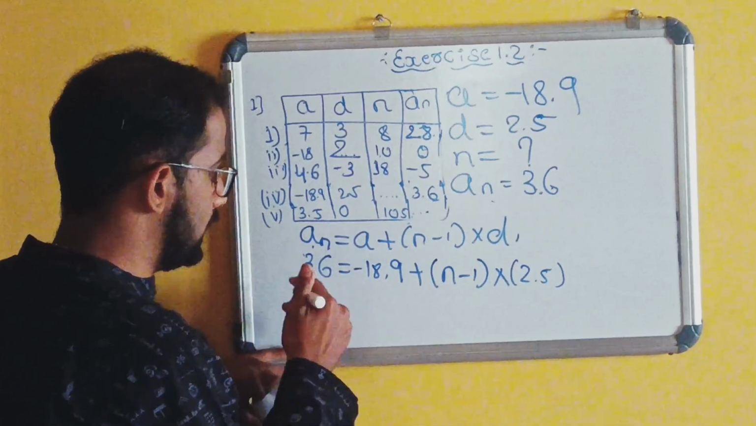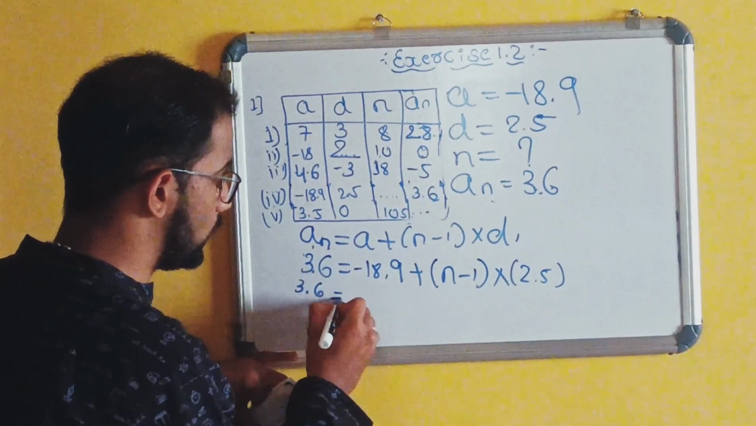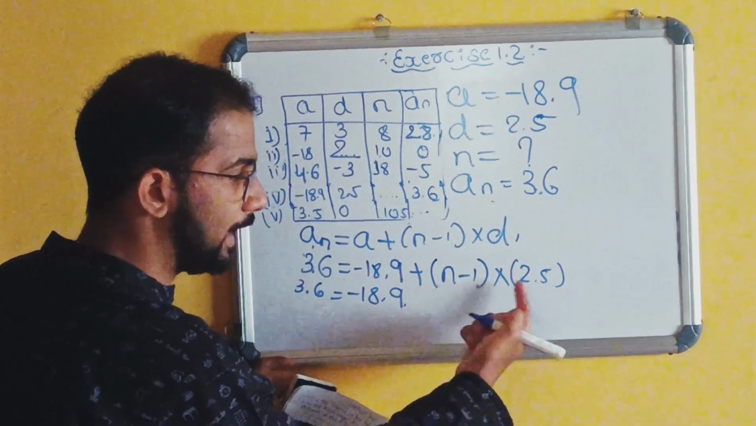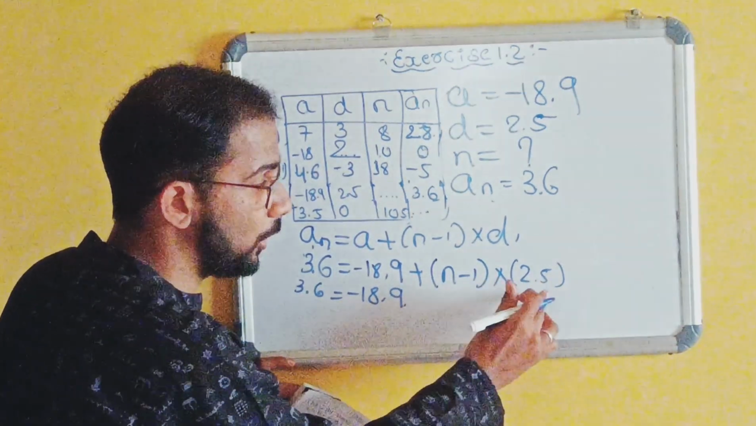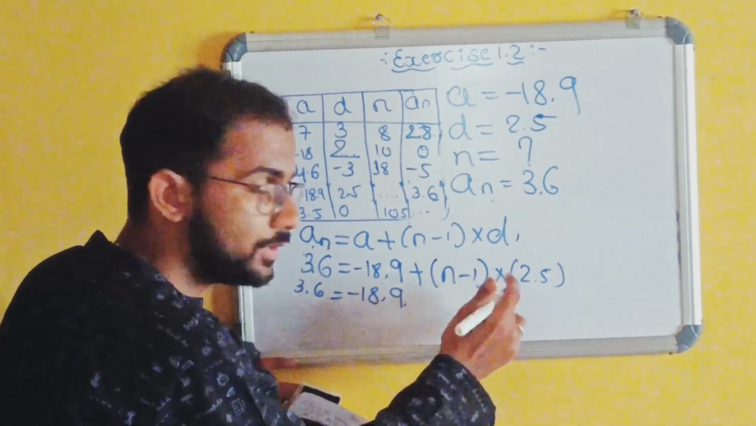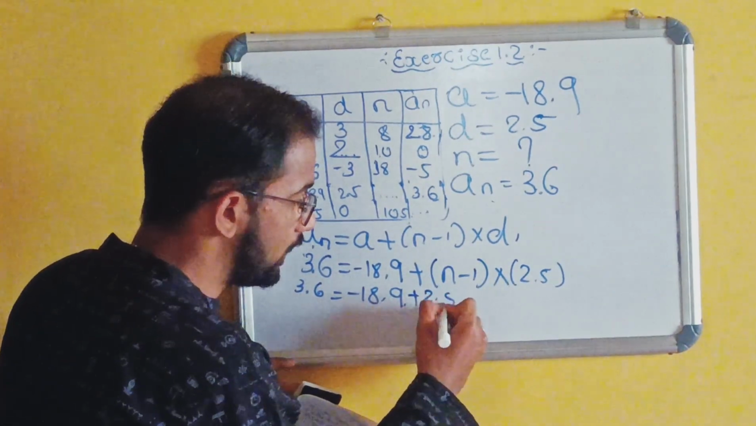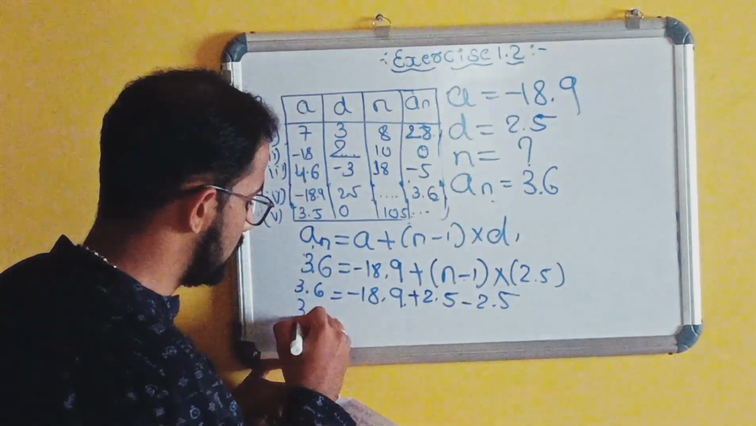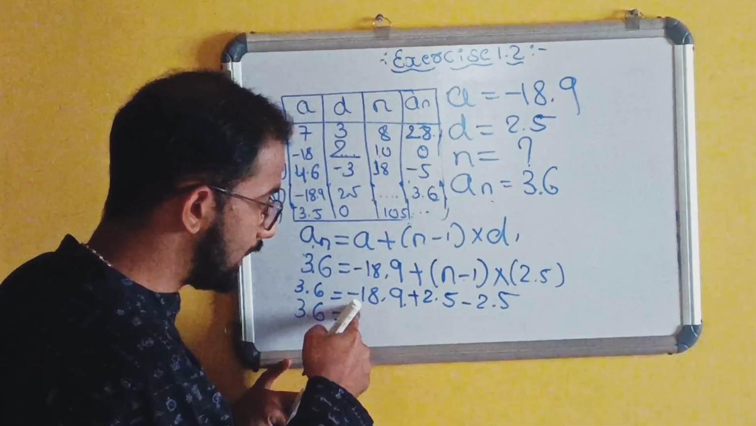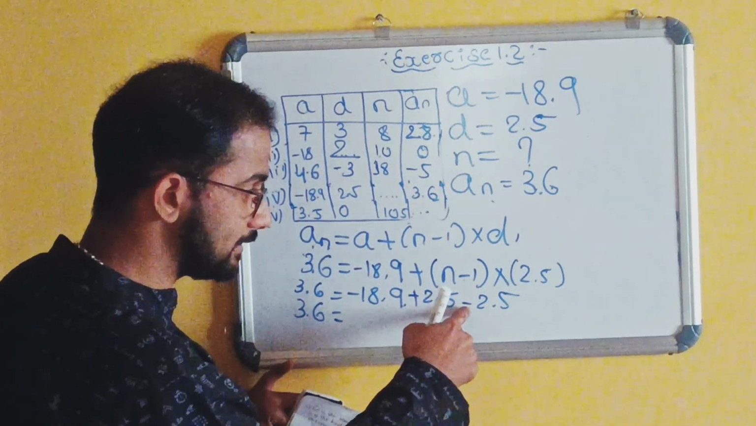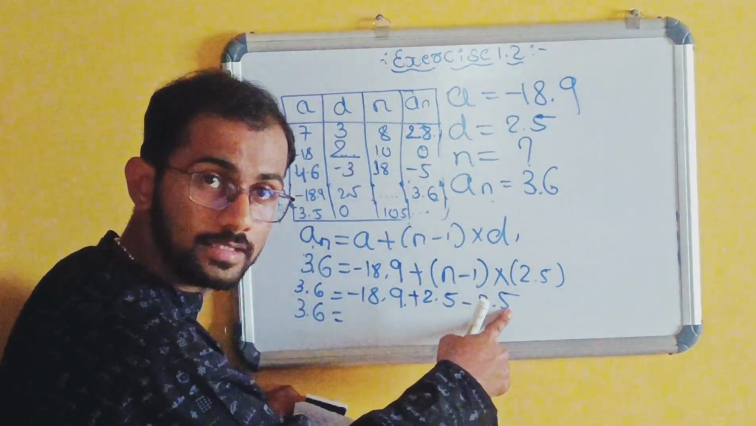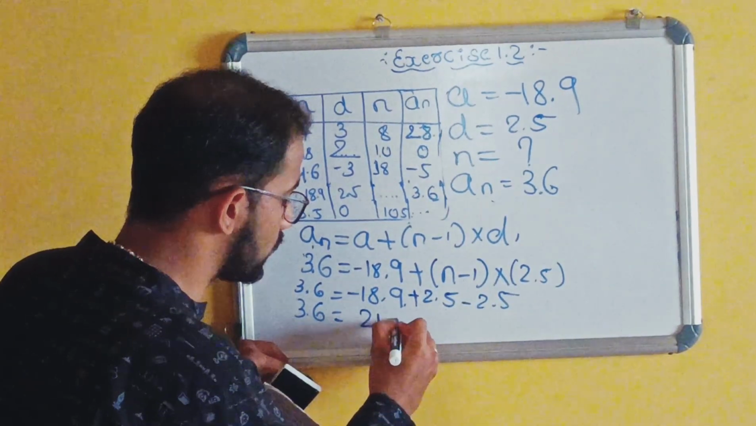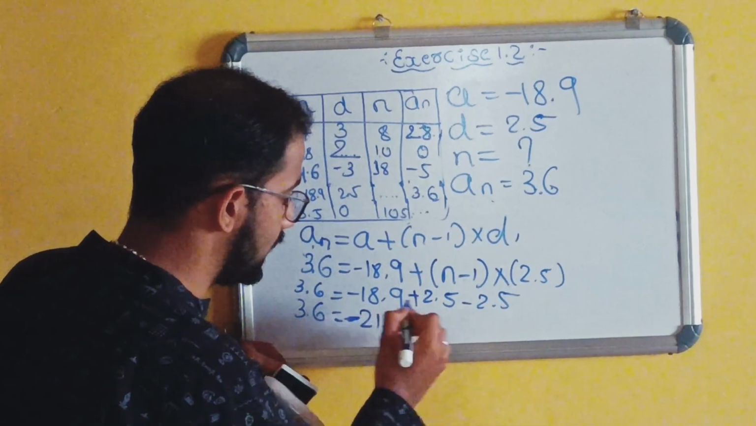Now 3.6 equal to minus 18.9 plus, multiply term by term. That is 2.5 into N. 2.5 into N means 2.5 minus 2.5. Now 3.6 minus 18.9 minus 2.5. That is 21.9. Sorry, 21.4 minus, plus